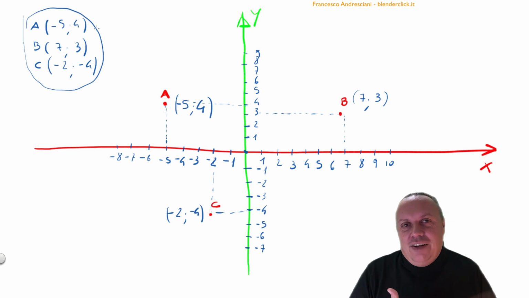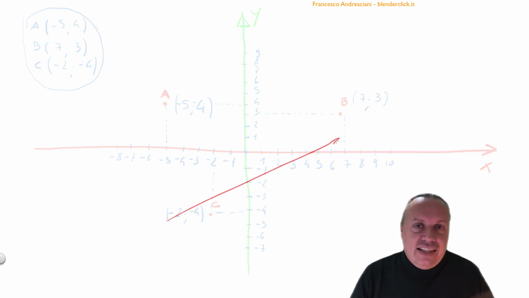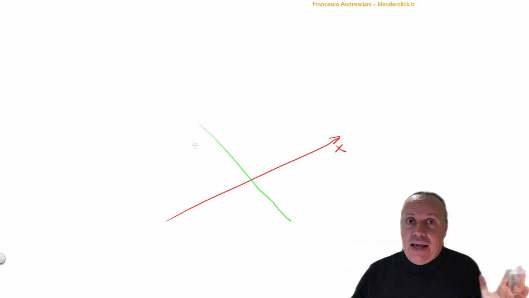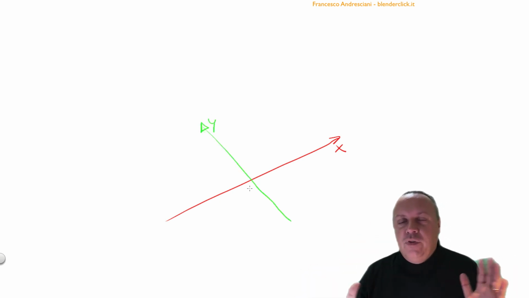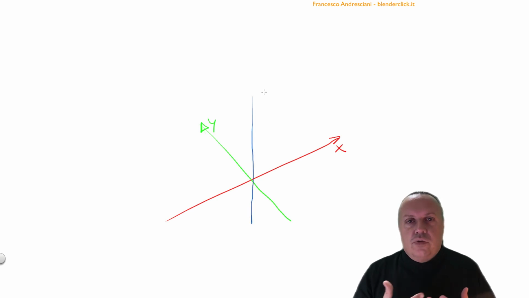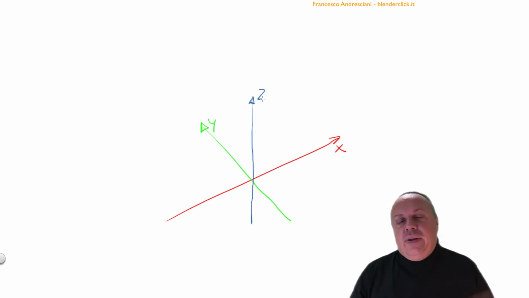Here, in a very poor way, this concept is the same system that we find in Blender today, with the difference that we are not only using the X and Y axis, but also the Z axis, because we are not working on a plane, but we are working on a space. So the directions of movement are not only X and Y, but also Z. In Blender, this axis is colored blue, so the three colors red, green, and blue, always remember that, correspond precisely